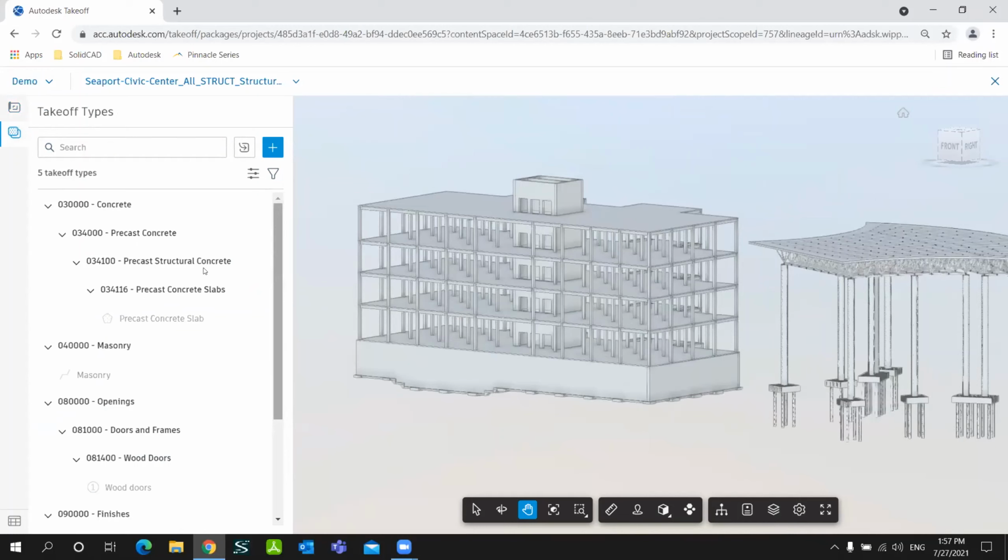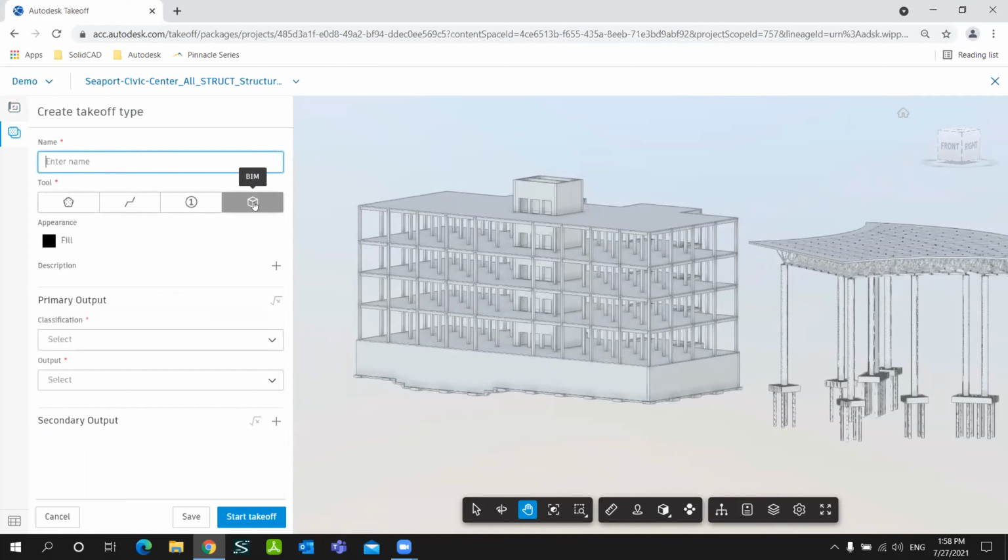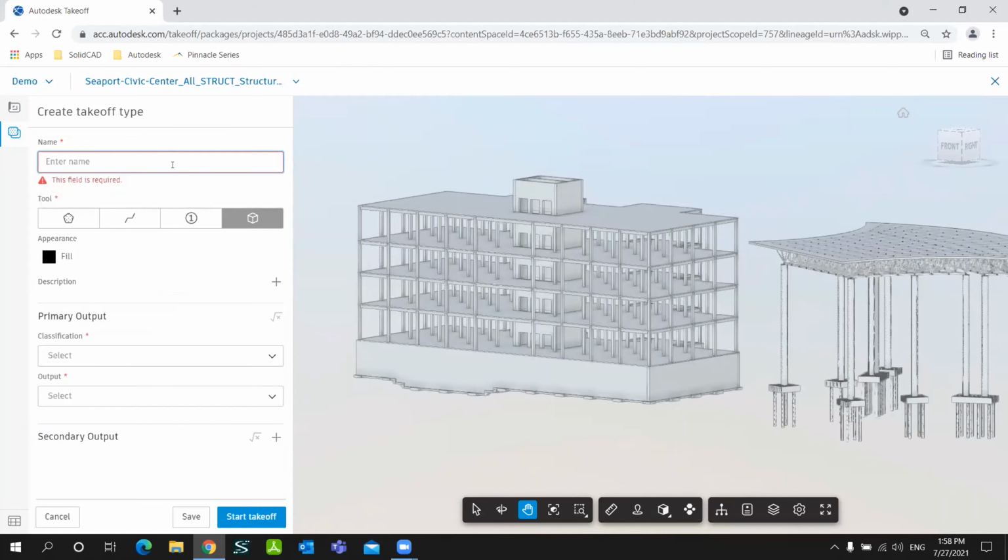Now for takeoff types, as you can see, I cannot select those because those are for 2D. So if you want to split those between 2 packages, you can do that. Just one for 2D package, one for 3D if you'd like to. And I'm going to go on create takeoff type again. As you can see, it's automatically selected on the BIM tool because this is used for the 3D. Now I'm going to start with another example of the concrete slab, but again, you can either create from here or even easier with 3D